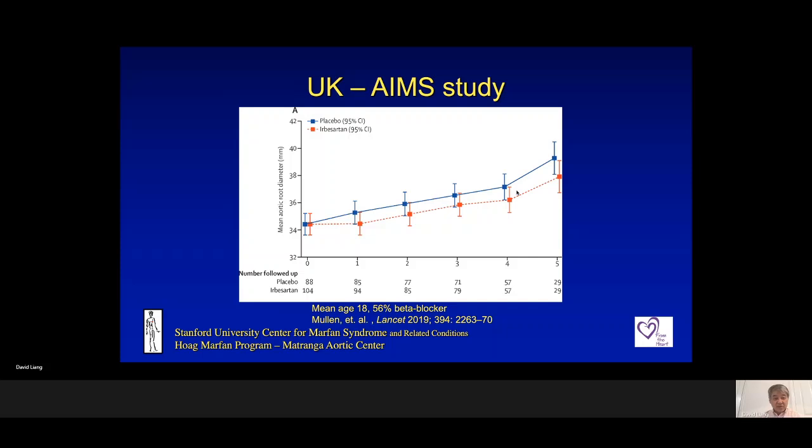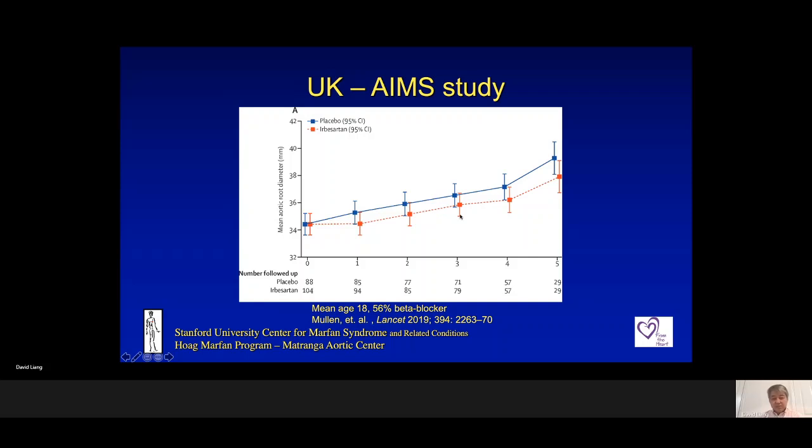There's some data that suggests indeed that if a patient can't tolerate a beta blocker, then adding irbesartan, which is another angiotensin receptor blocker, is helpful. So this is the data in Lancet. This is a group of patients who unfortunately weren't very much on beta blockers. So you can see that, yeah, in that population, if you can't tolerate a beta blocker, adding irbesartan does help